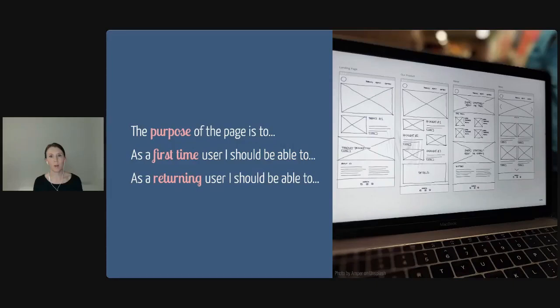And as a first-time user, when you come to the page, what do you need to be able to see? And what do you need to see as a returning user? Maybe you don't need all of that about information, but you need less of it. So maybe you can have a smaller piece of it instead that still satisfies the needs for a first-time user. Now, that is something I still do today.